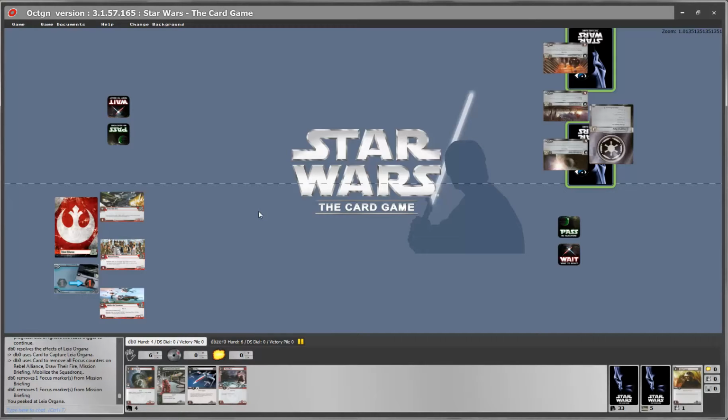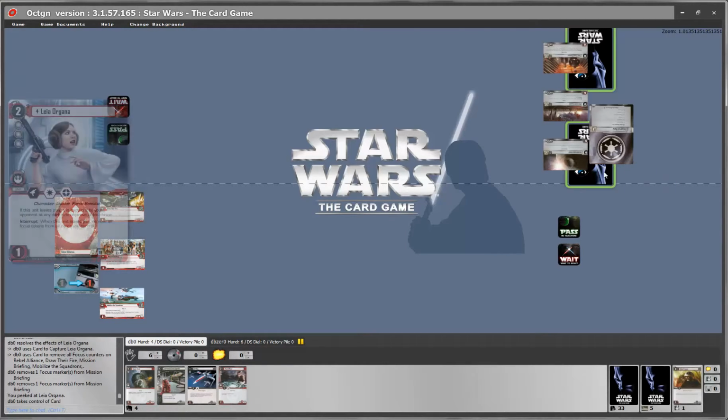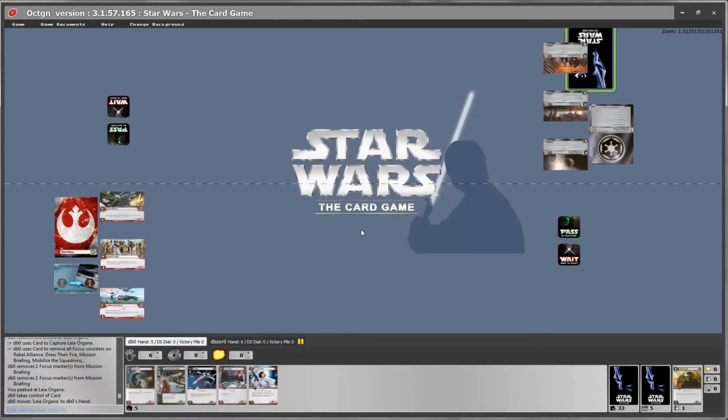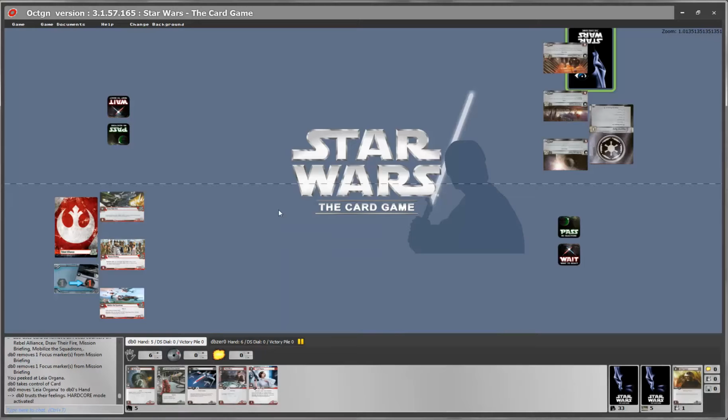Apropos automations though, if you are one of those players who would like to play the game but doesn't want the game to remind him of all their actions, because let's say they want to train for tournaments, or they want to be able to remember everything and train themselves to remember all their abilities, there is one option you can switch on, which is called hardcore mode. Hardcore mode simply hides all the reaction triggers, the green highlight, unless you are ready to trigger them yourself, unless you remember to trigger them yourself.